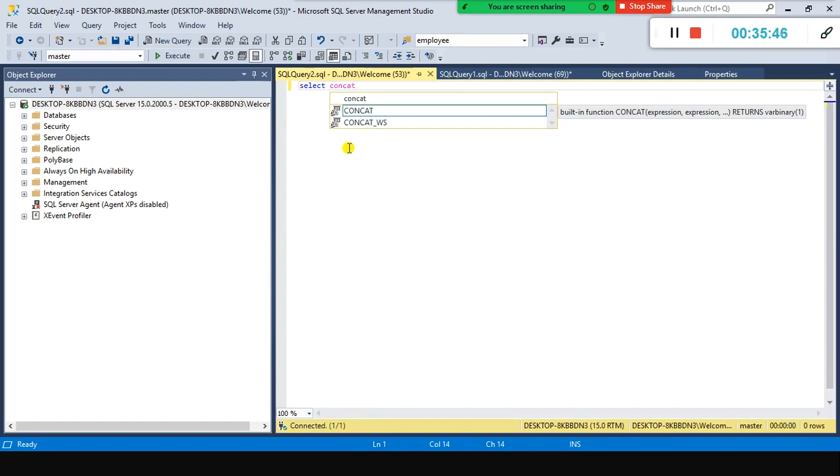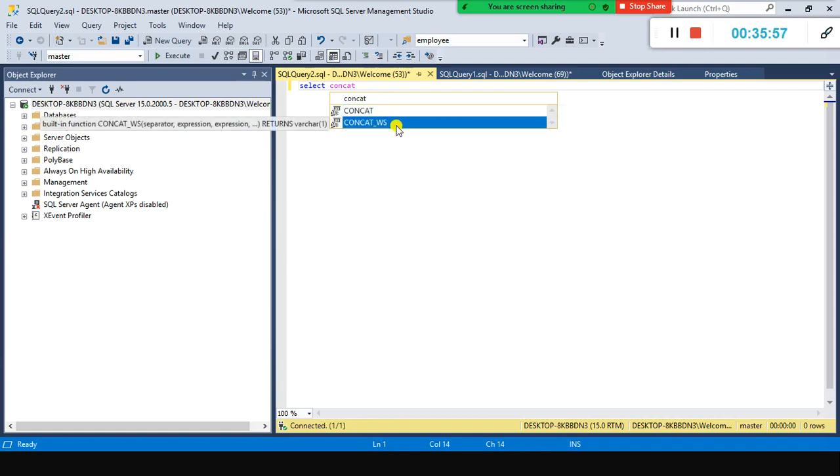It automatically displays the functions which start with concat, like this. So here you can choose. For example, if I select this one, you can remember it. But still, it's pretty helpful. But you need to type everything here, right? So manually you need to type it and you need to remember it.